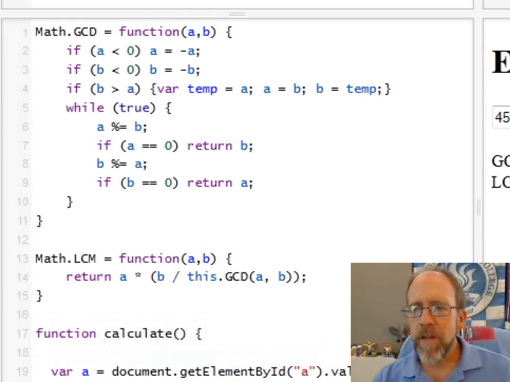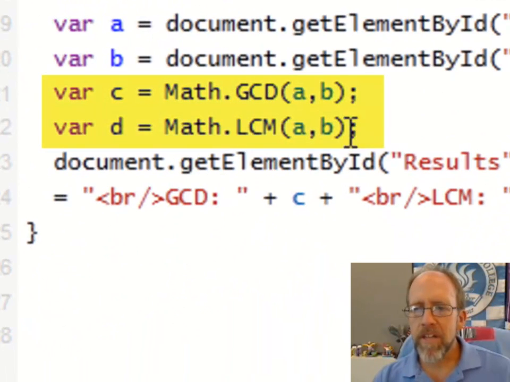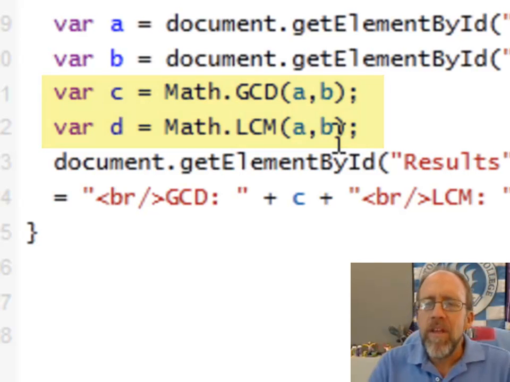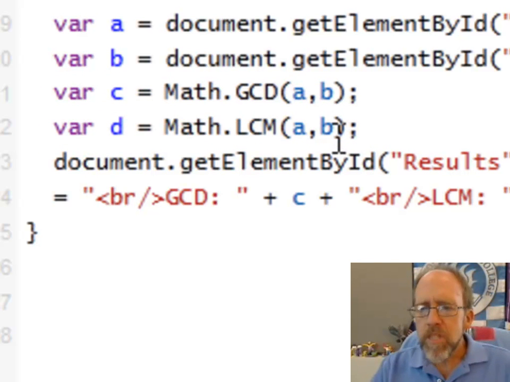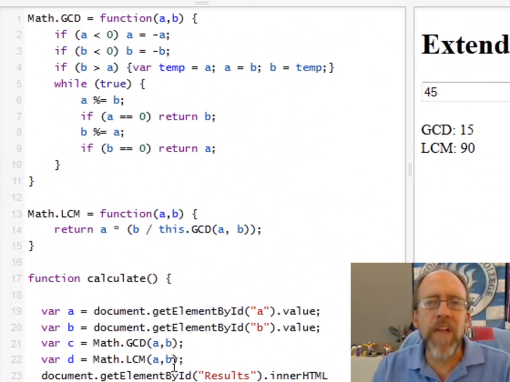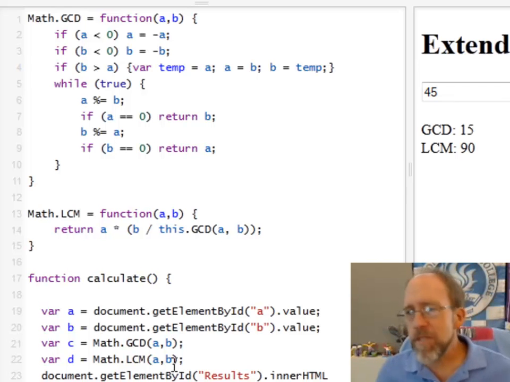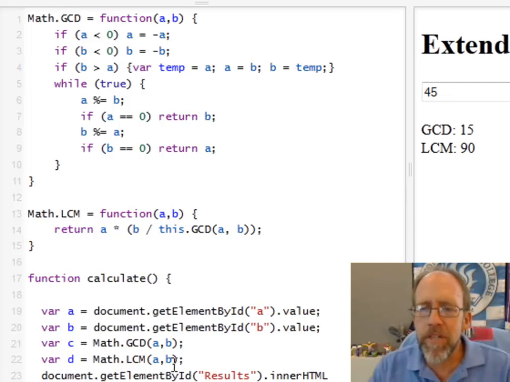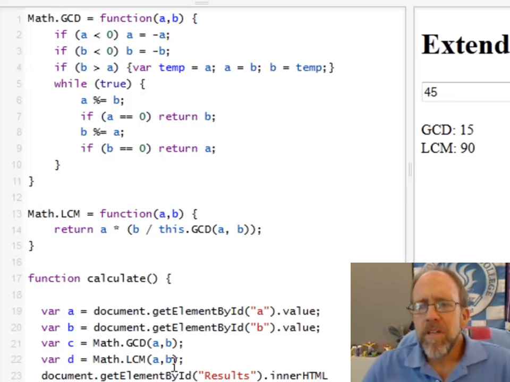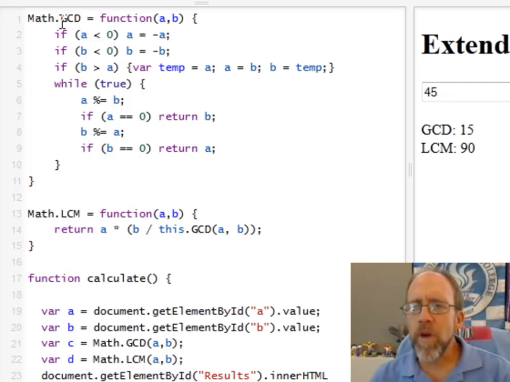Down here, you just make the calls that you're going to use for the interface, Math.gcd with the two arguments, Math.lcm with the two arguments. Now, you're thinking, why didn't I just make a GCD and an LCM? Well, if you think about this, suppose you do a lot of mathematics. So you do a lot of using any one object. You want to put functions inside logical groups where they actually make sense. Otherwise, you just have this massive list of functions, and they can collide with each other. Well, GCD and LCM naturally are math functions and should naturally go within the Math class. So by doing it this way, I put them there.